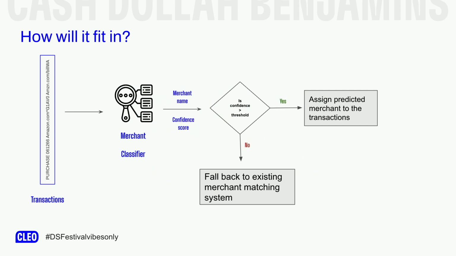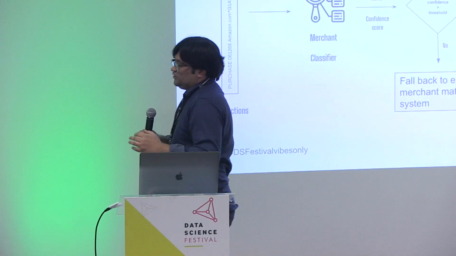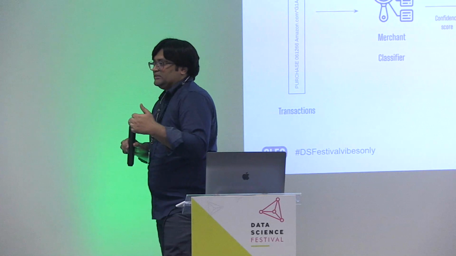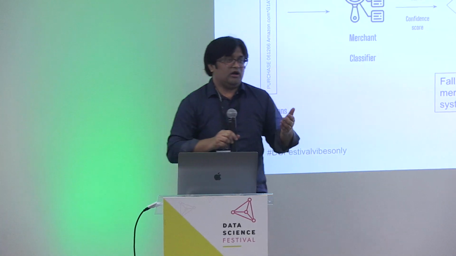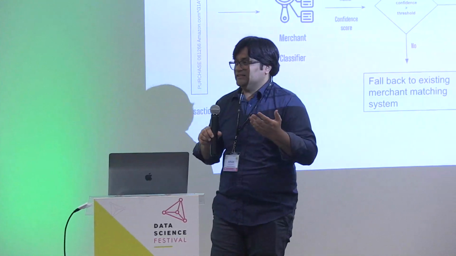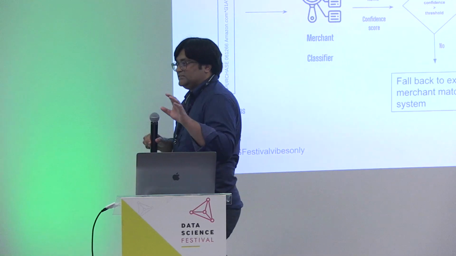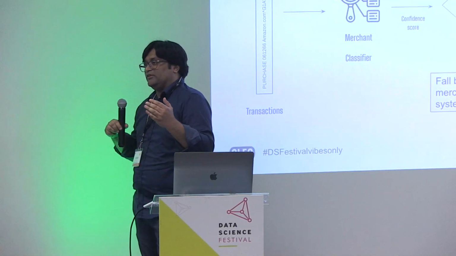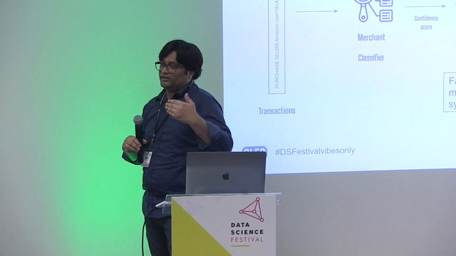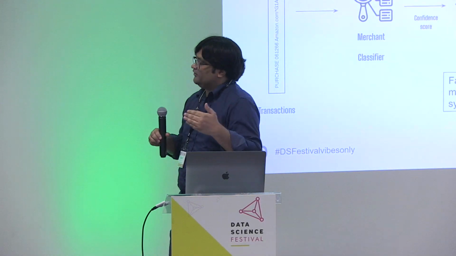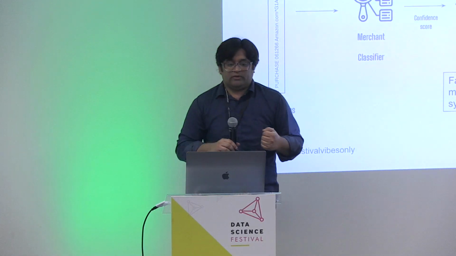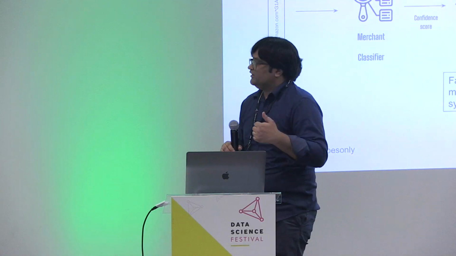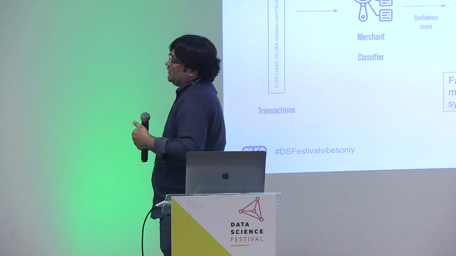So how does this all fit in? We already had an existing system, which was mostly based on pattern matching. And then we are building this merchant classifier, which targets the top K merchants. Because it's not a holistic system and only takes the top K merchants, we still need to fall back on the existing system when the coverage is not there. In our initial understanding, it should cover at least 92% of the transactions that we already have a merchant for. A transaction is fed into the merchant classifier when we receive it, and it gives back a merchant name with a confidence score.